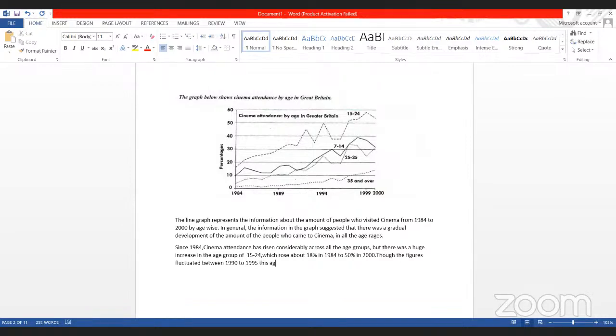This age group could be considered as the top rankers